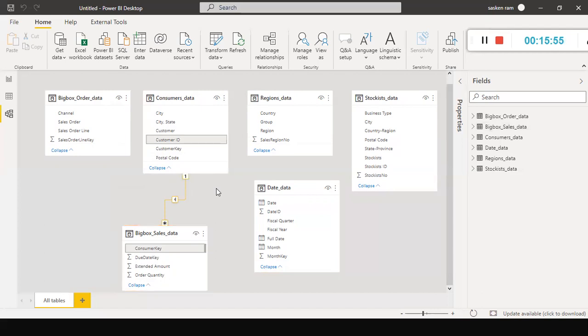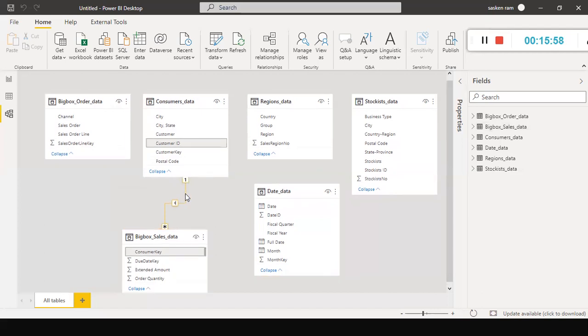If I move this cursor away from this, you cannot see the highlighted columns. When I click on this one, it shows you very clearly which columns I used to create the link between these two tables. But again, I'm not sure whether the customer ID is the common column between these two tables, or customer key. So there is another way of creating the relationship between these two tables. To validate this, I'm going to double click on this line, the link.